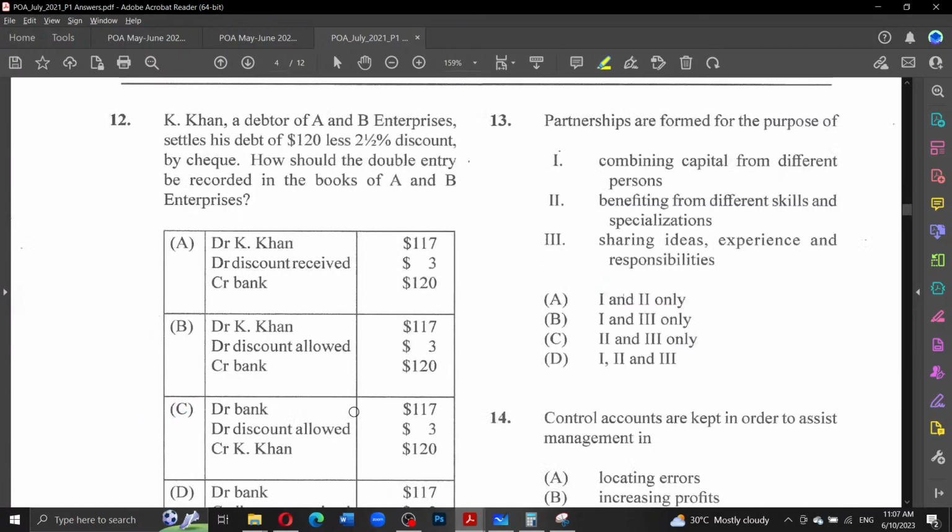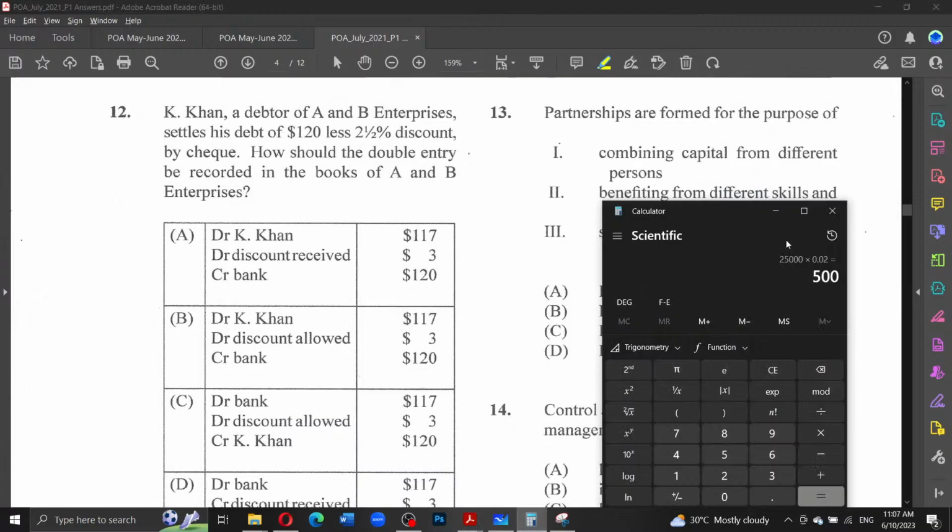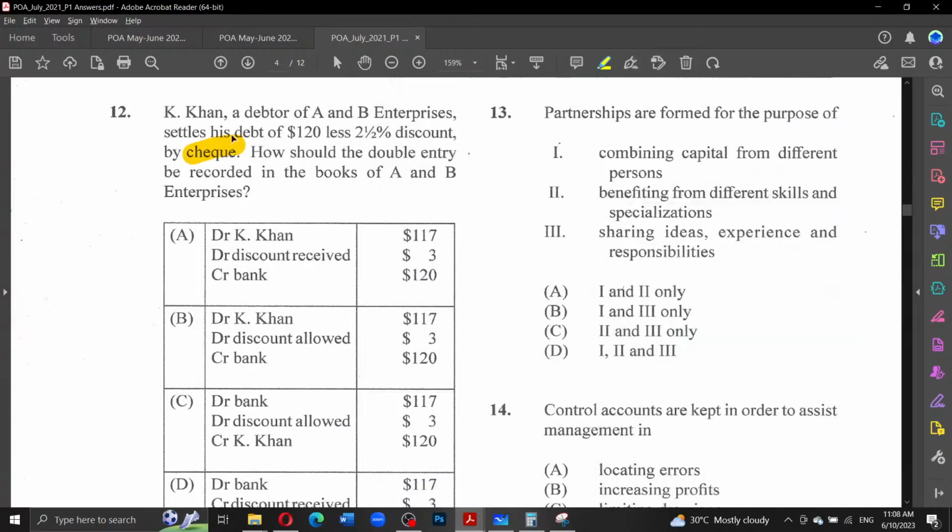Moving on to 12. Alright, I think we did this question before. Can a debtor of AV Enterprises settle his debt of $120 less 2.5% discount? We also have $3. So 1 multiply by 2.0.25. Yeah, $3 though, paid by check. How is it recorded in AB